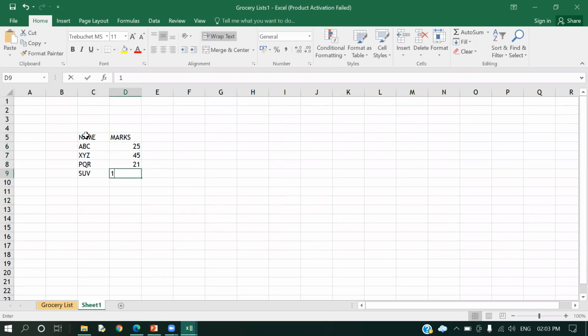I'm going to select this data because I have to make a chart of this representation. I have to select this data first and then go to the insert tab.